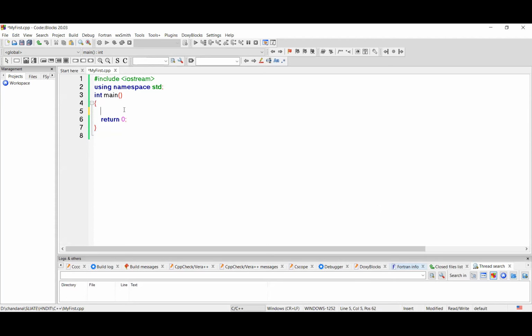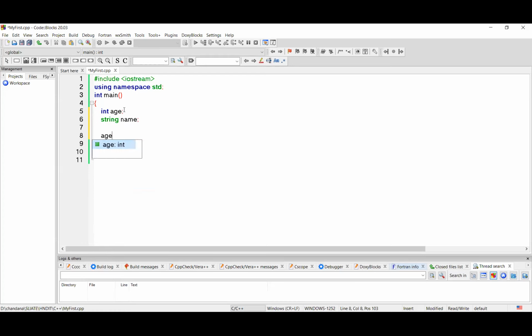First one, an integer variable, use int, then the variable name age. Then a string variable, string, then the variable name. Put the semicolon mark at the end, then put the values for the variables,